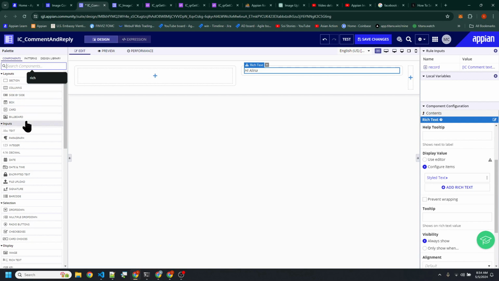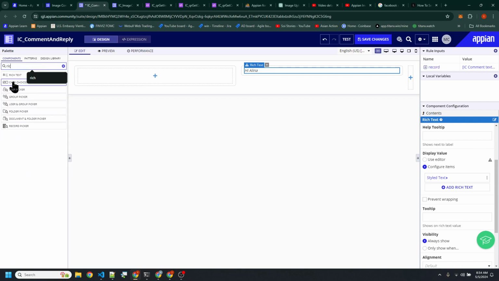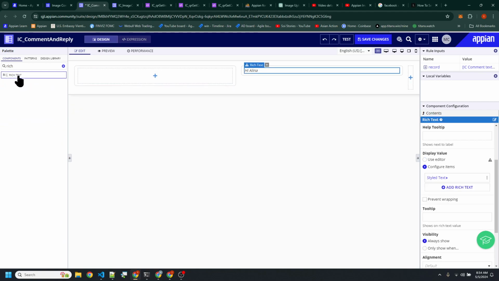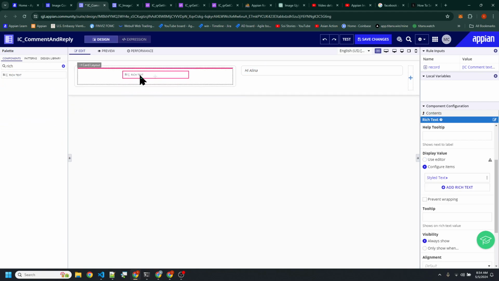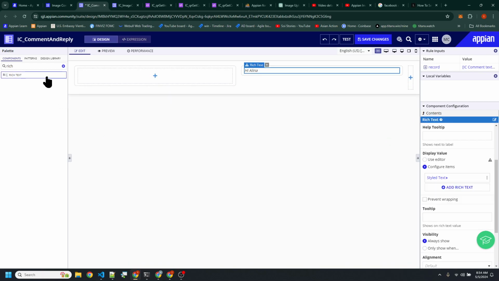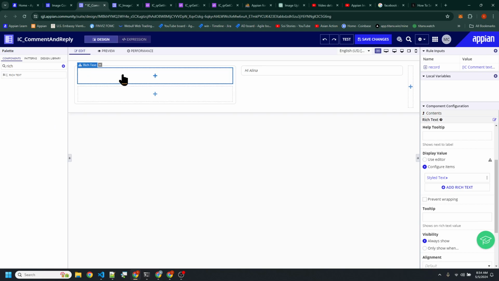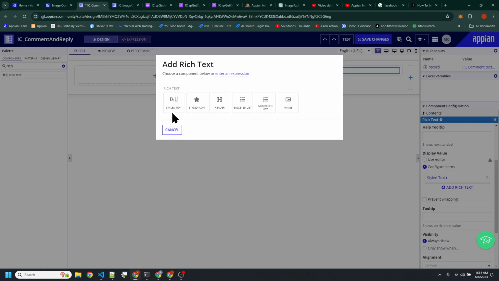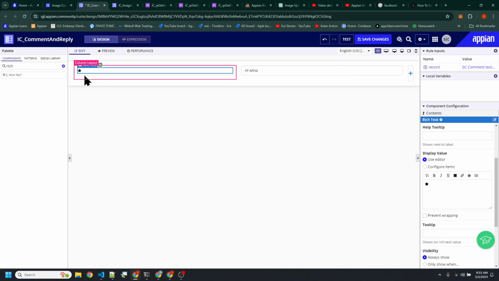And then what we want to do here on the left side is probably throw another rich text in for now. Oh, and then make sure it's in there. I want to add a rich text in here. Oh, we already have a rich text here. Okay, so it's gonna do a styled icon, right?